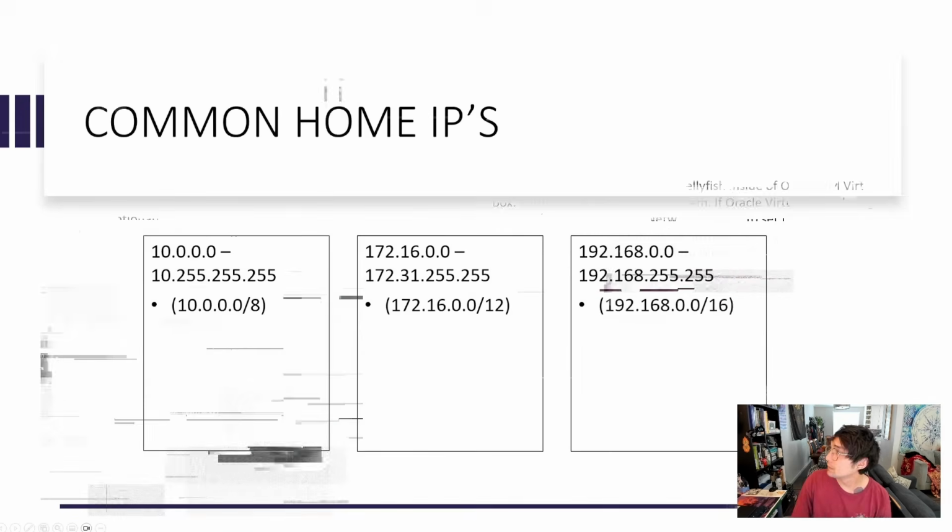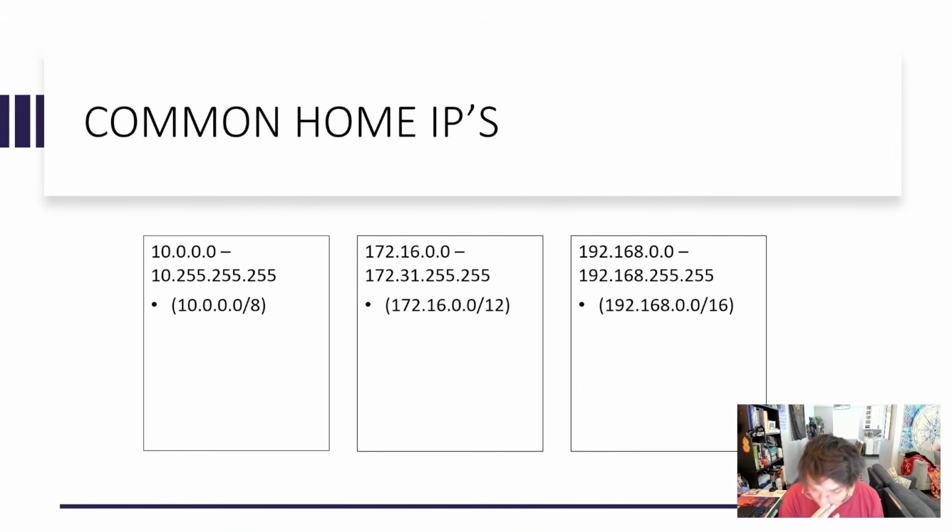mode. Another thing to mention while you're setting up your Snort, and we want to do this for the home network, is that these are common home network IPs that you can look into. You can try and figure out what your home network IP is. You can do this through certain commands like ipconfig or ifconfig. If you run that on your computer, you should be able to find out what your